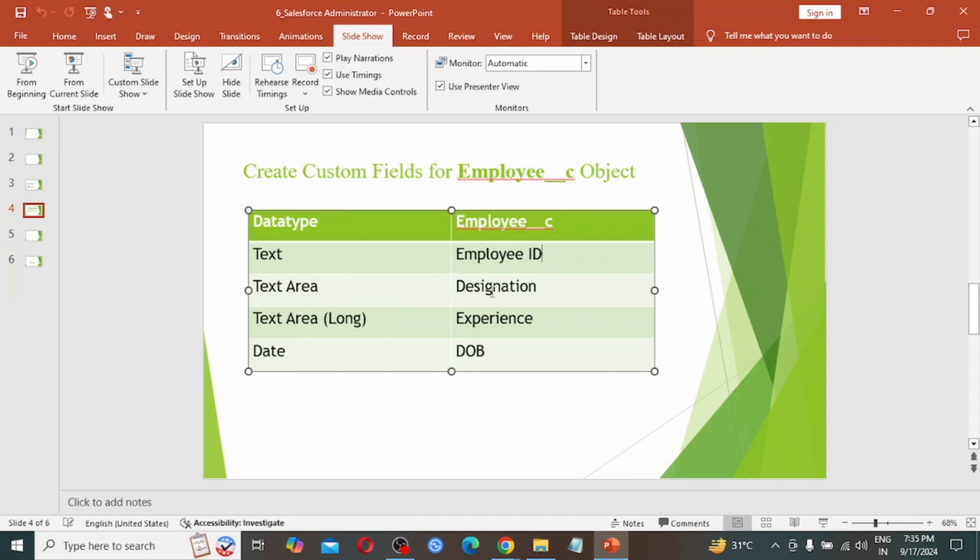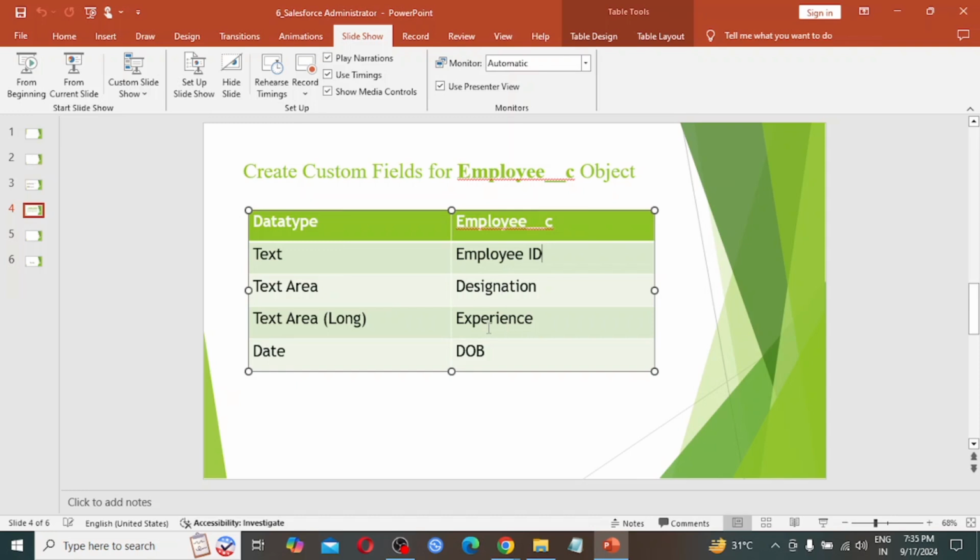Again, designation. Which type of data is it going to store? Is it a number? Is it boolean? Is it a checkbox? Is it text or what? We need to define the type first. For designation we can take a text area, as someone's designation may be a little long, or we can go with text also.